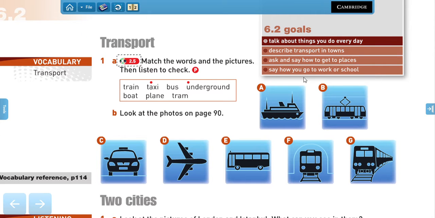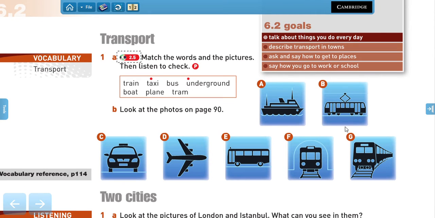Very good. So try to think also of the difference between, for example, trams and buses, right? These are electric ones. And then we have the underground, right? That goes below the ground, of course. And then we have a regular train.